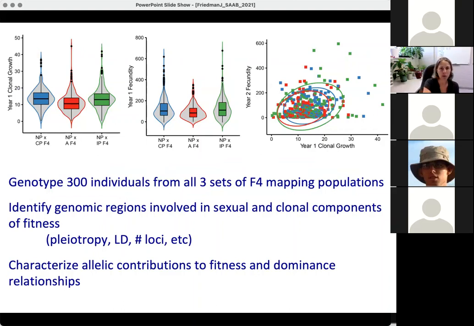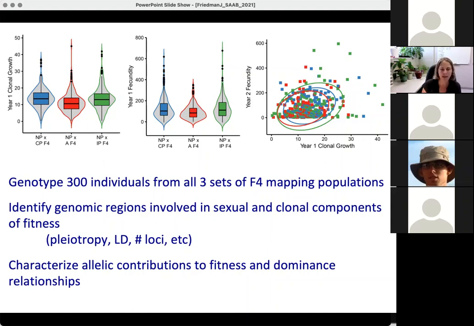But what we have data from, but it's not analyzed in pretty figures yet, is we've genotyped 300 individuals from all 3 sets of those F4 mapping populations. We're identifying regions of the genome that are involved in the sexual and clonal components of fitness to really try and get at the interactions between the genes, whether they're linked, where there are single genes affecting multiple traits,